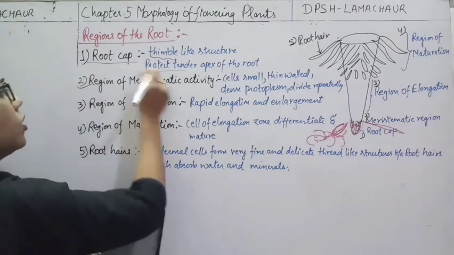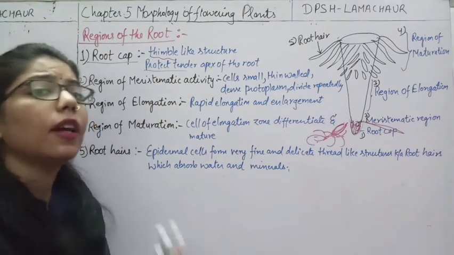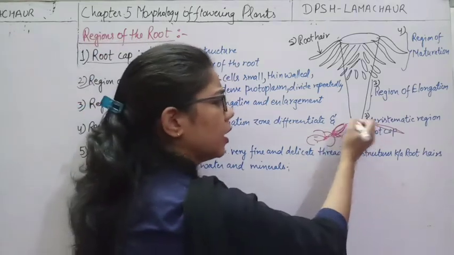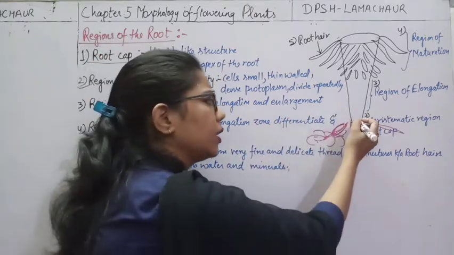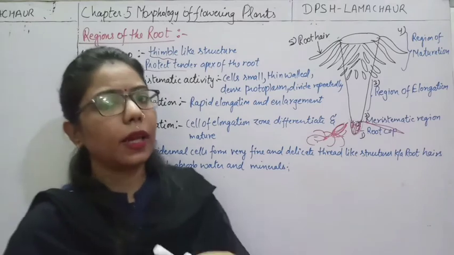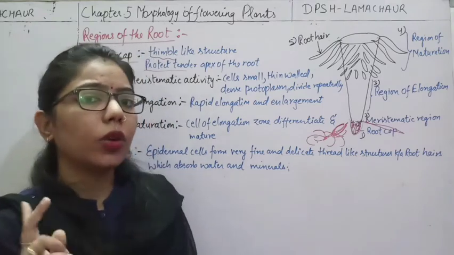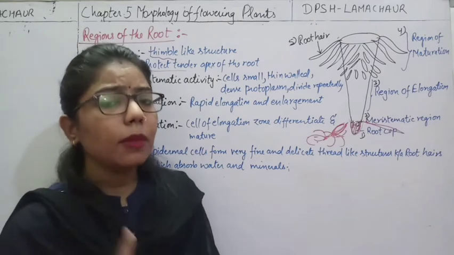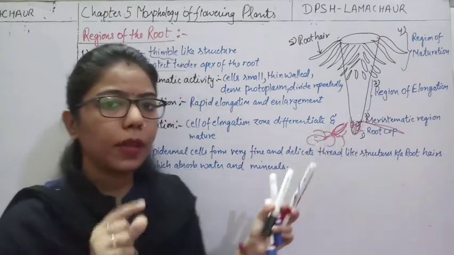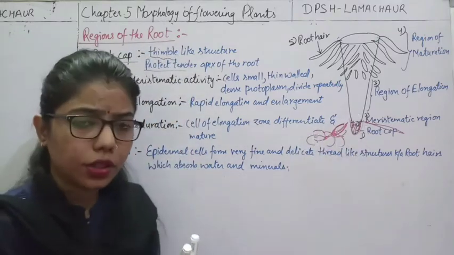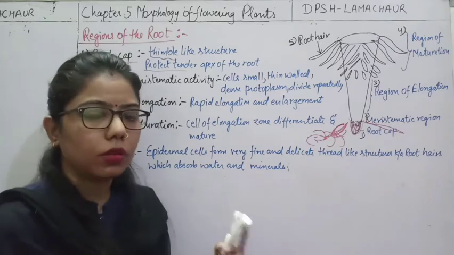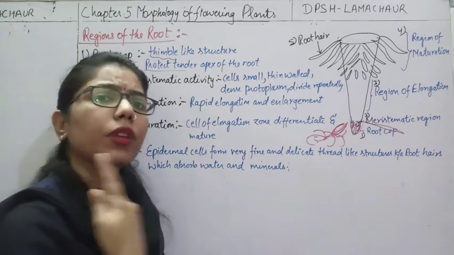And another one is the region of meristematic activity, meaning the meristematic zone. Just here, if you see near the apex of the root, what is there? The dotted portion shows that it is the meristematic region. Now what is this meristematic region? We have done that. What is meristem? The meristem is that region where cell division is more. It is the place where there is fast division, and when there is division, what will happen? It will give rise to growth. More the cell division, more will be the growth.